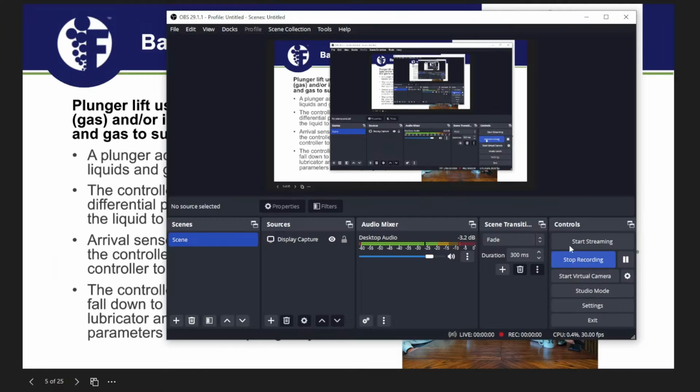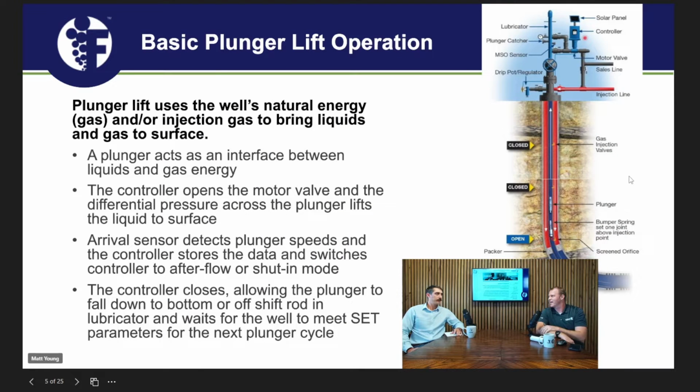So really now switch from one cycle to the next. Nowadays, most of them are some form of PLC with their own algorithms and maybe some machine learning that adjusts automatically based off of the feedback from the well. So that's what we'll spend a lot of time on, is the cycles. Yeah. And that controller here, no matter what style of controller it is, is going to affect or control those cycles,